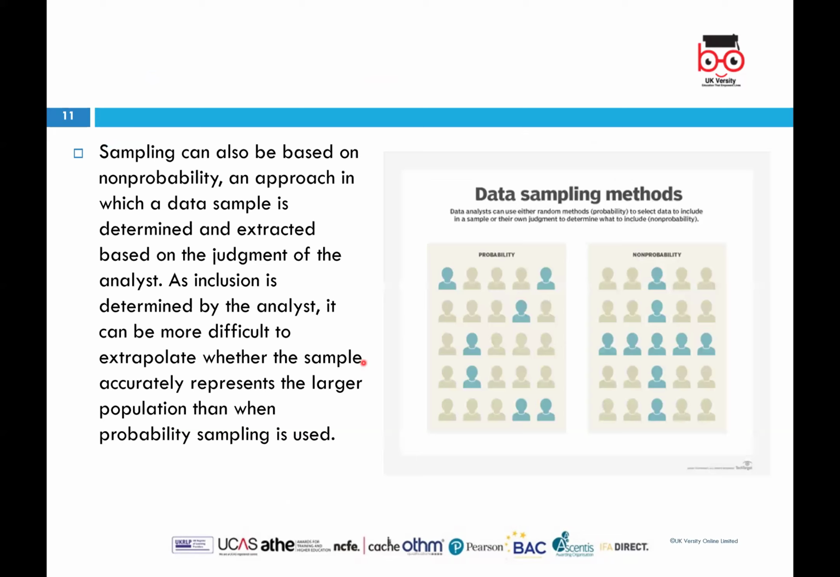But it is a hard process. Sampling itself, especially random sampling, is a hard process. And then sampling can also be based on non-probability. Okay, so non-probability is another type where